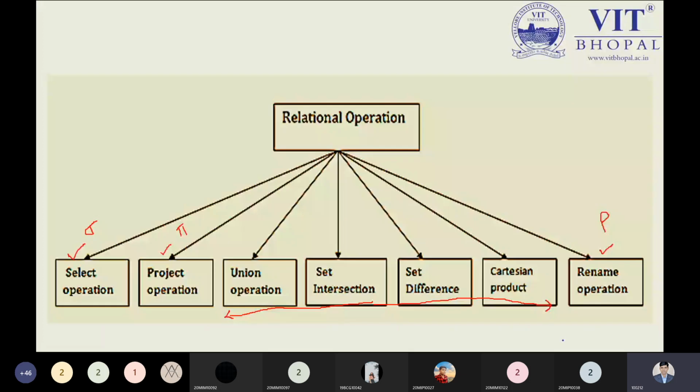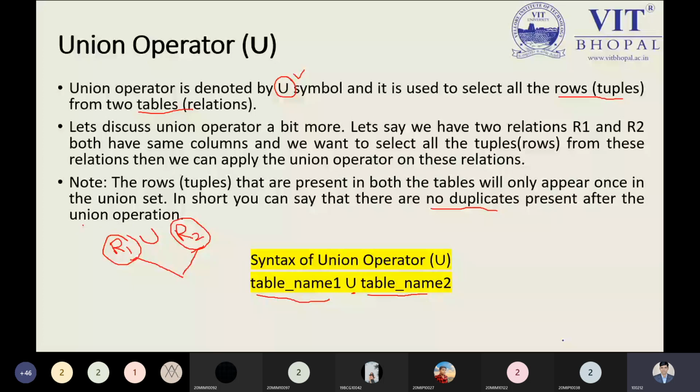Now it's time to see some advanced operations. When we have the union, I do not want to lose any kind of information. I am speaking once again step by step, because definitely you people can make mistakes, and to avoid the mistakes I am here to resolve your issues. Union operator is a very simple operator. We have two relations, so union operation will be there when we have two relations. It means we are talking about a binary relation. Based on the nature of the union operation, we will see what data we are fetching.